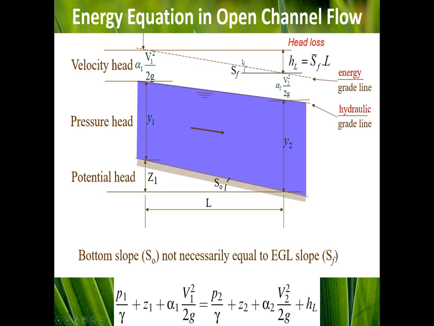Here we can say that energy losses, head losses, with respect to this length of the control volume L, we can use tangent theta equals the front to the side. Therefore, HL would be equal to SF, or friction slope, times the length of the control volume, or length of our river between two sections, which is under evaluation.